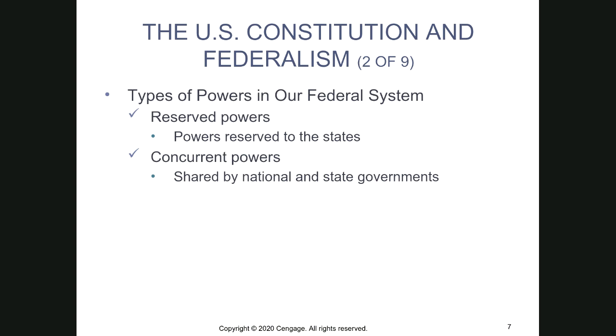The federal government is able to tax you through income taxes because it also needs money. It needs to be able to pay our troops. It needs to be able to pay our congressmen. It needs to be able to pay for all of those different things. So both the states and the national government have the ability to tax. That's going to be an example of where we see concurrent powers.